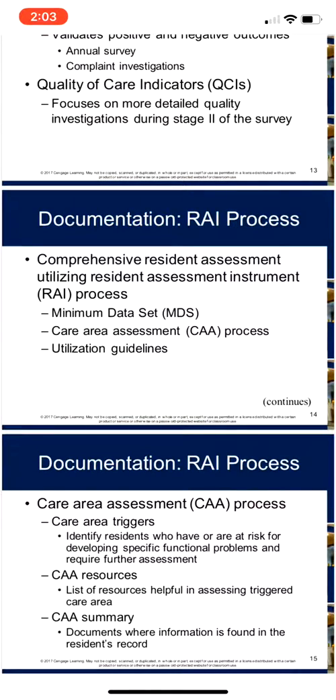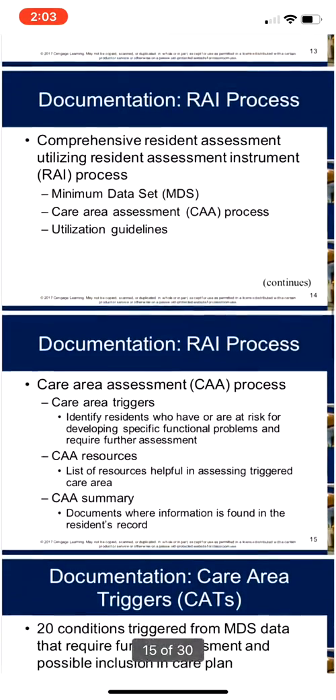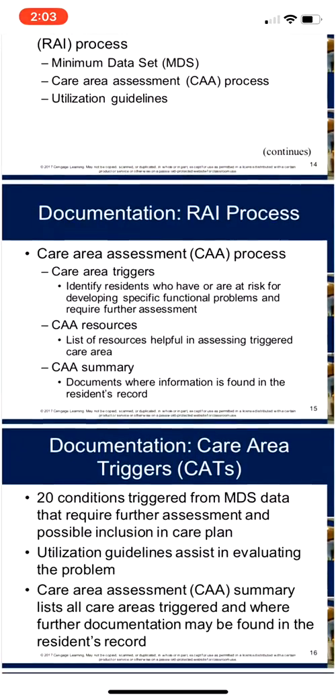All right, dropping down to the bottom, we're going to talk about care area triggers, which is part of the care area assessment, the CAA resources, and the CAA summary. So components of the CAA process include the care area triggers, CAA resources, and the care area assessment. The CAA process provides structure for assessing social, medical, and psychological problems by providing a systematic method for reviewing key components of the MDS and directing caregivers to evaluate causes, interrelationships, and particular strengths that affect the development of the